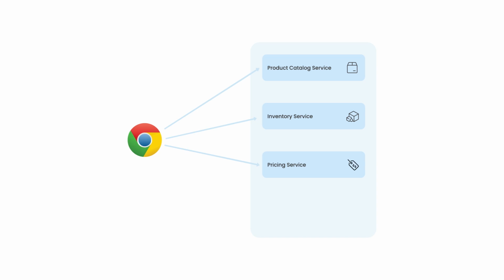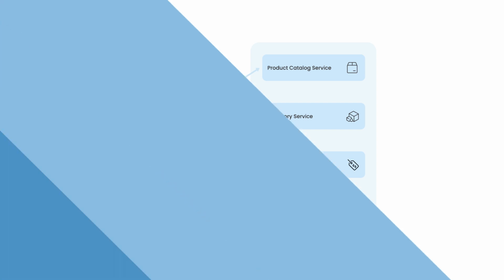Now in this example, let's check out what is happening on the product details page scenario again. The product catalog service retrieves the product name, price, and description, and the inventory service fetches the information about the quantity that is available in stock. The shipping service maybe provides discounts and pricing, and the user review service gives ratings and user reviews for the product.